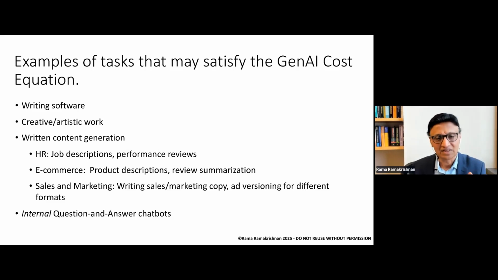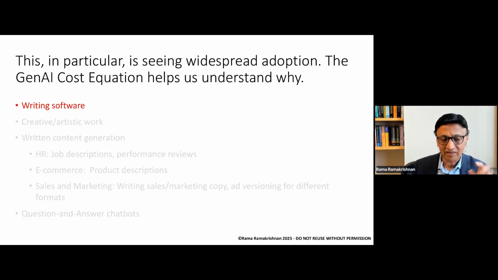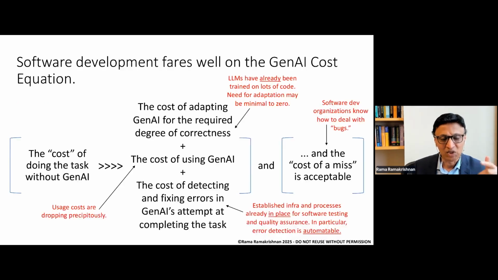And these are some of the tasks that I've seen satisfying the genAI cost equation: writing software, artistic work, written content generation, and so on and so forth. And I think writing software, as many of you know, has seen incredibly widespread adoption of AI-based tools to make this super efficient. And the reason why it works so well is because if you look at the equation, well, the cost of adapting the LLM for code is zero because the LLMs have already been trained on lots of code, number one. Number two, the usage costs are dropping like a